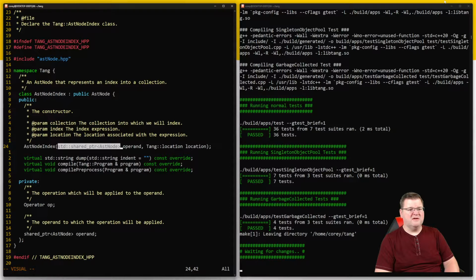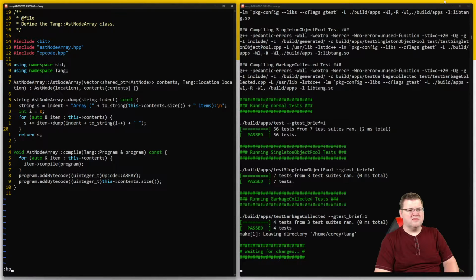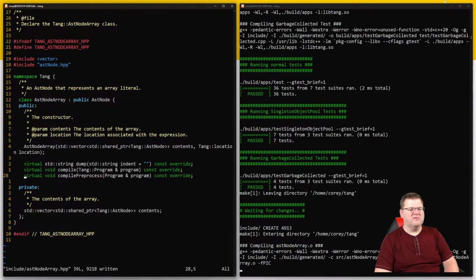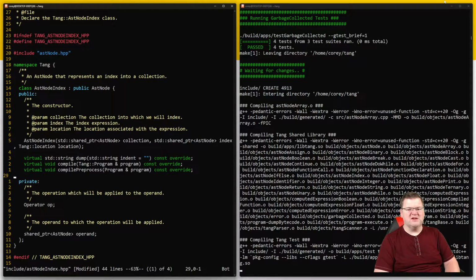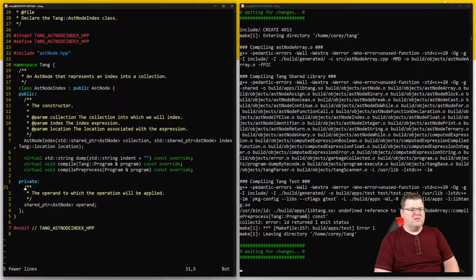Either way, collection, index, and location. That's fine. We know we're going to need compile. Ooh, we didn't use this in the previous one. And we do need to have a compile pre-process. We'll get there. It's going to complain about it not being defined, but that's fine. Let's see. We don't need the operator. We do need